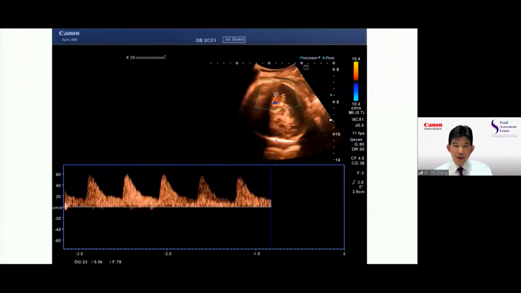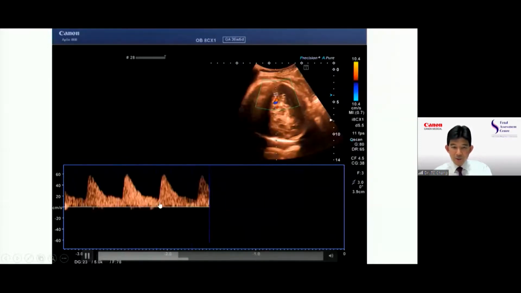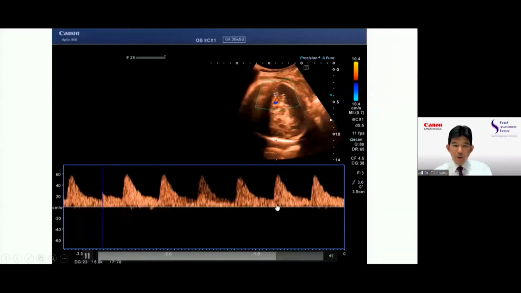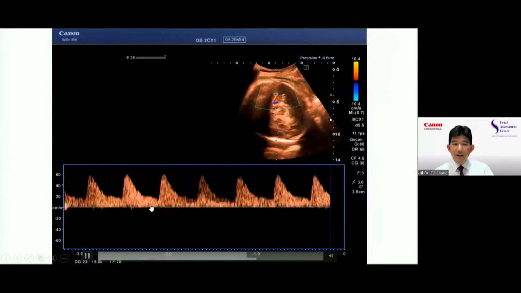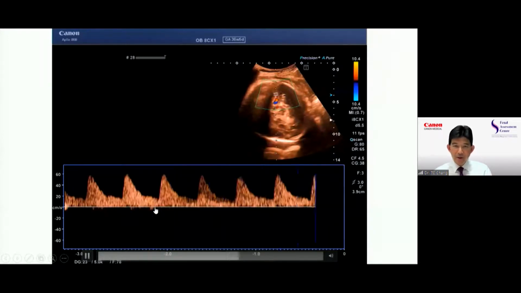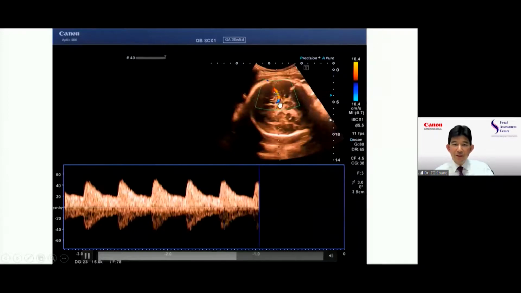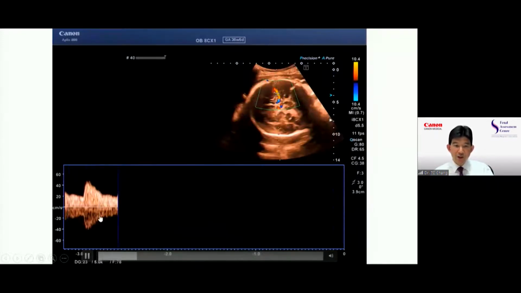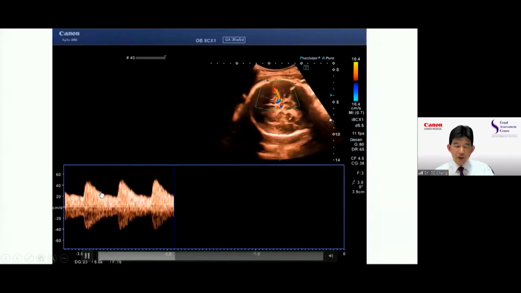Don't press too hard. Now, if you see this, you can see that there's a normal cerebral artery waveform here with quite low flow during diastole, and that's normal. Same fetus, 5 seconds later, I'm going to press a bit harder on the fetal head, and look what happens. Same fetus, 5 seconds later, nothing has changed except the amount of pressure I exert on the fetal head, and I can artificially